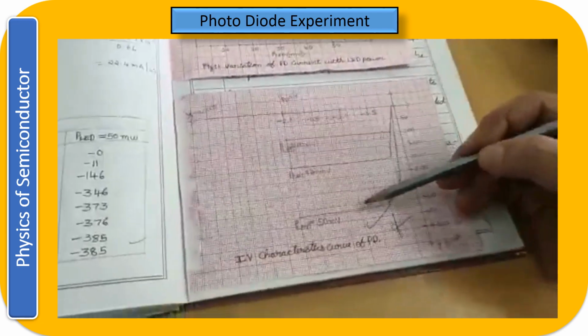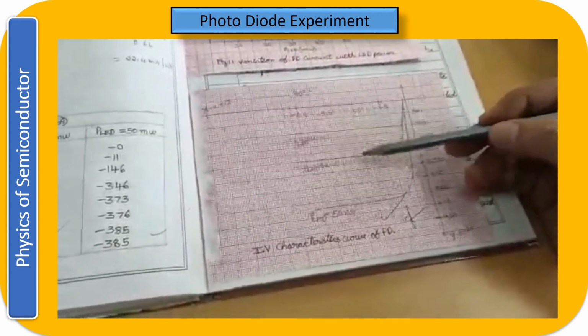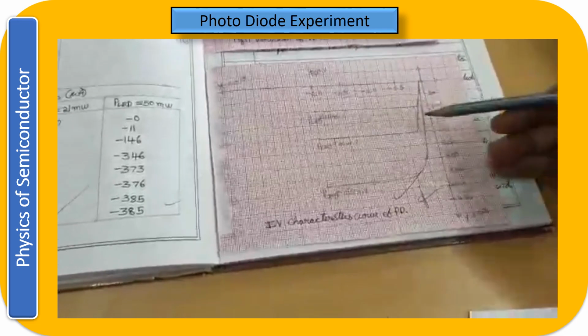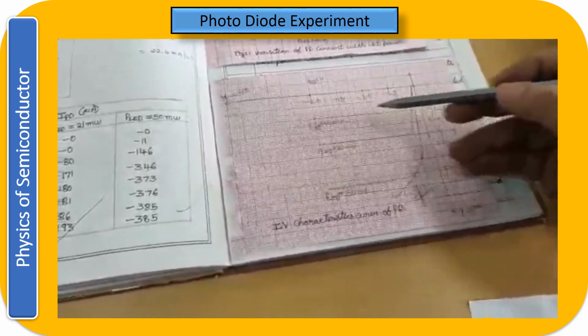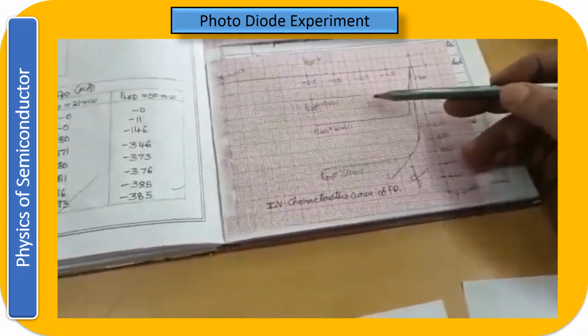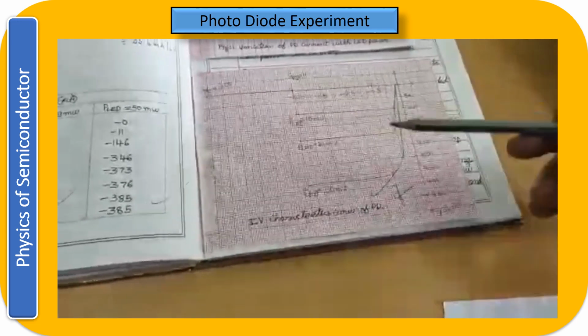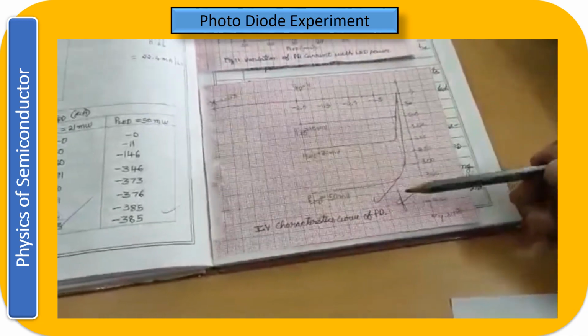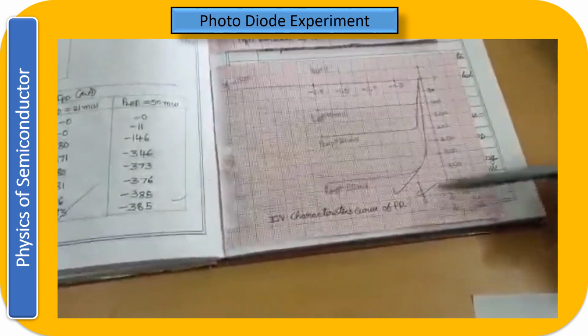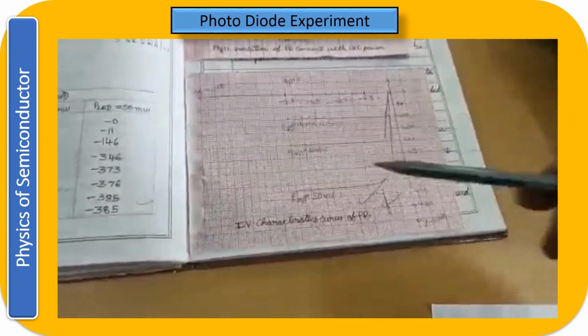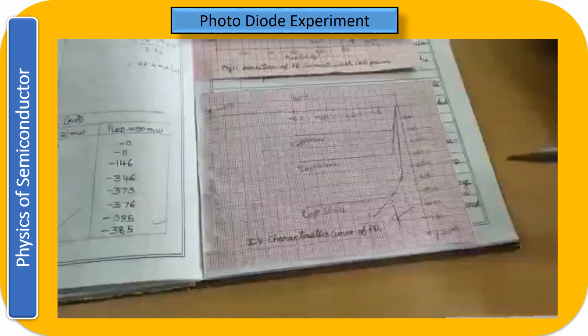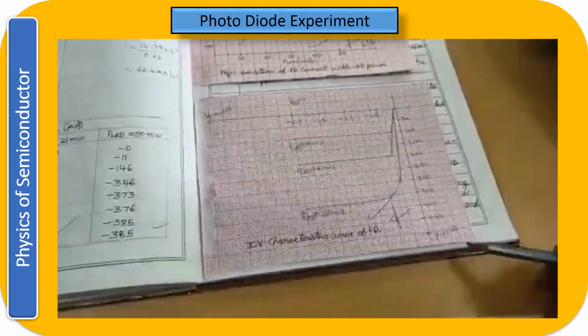From the graph, what you understand is, as the power increases, the saturation current, that is the current generated in the photodiode because of minority charge carriers, keeps increasing. One more thing, the efficiency of this given photodiode is around 8%, meaning if 100 photons fall on the photodiode, 8 to 9 electrons are generated.